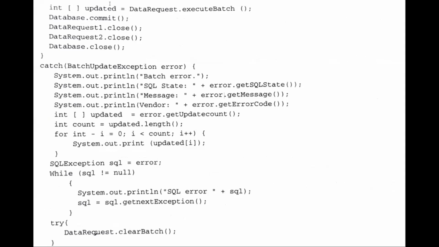Once the execution is successful, we can call the commit method, then close the statements. Here again, we have only one statement in this example.